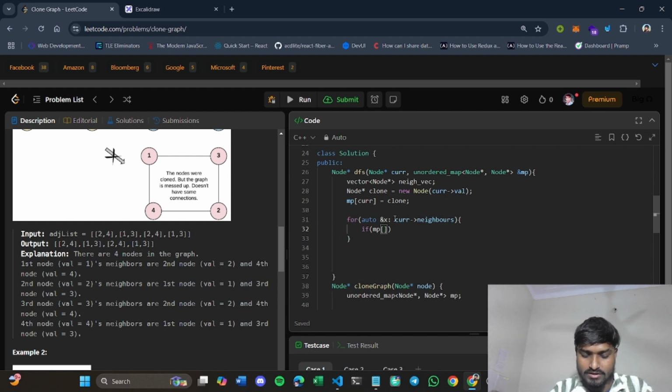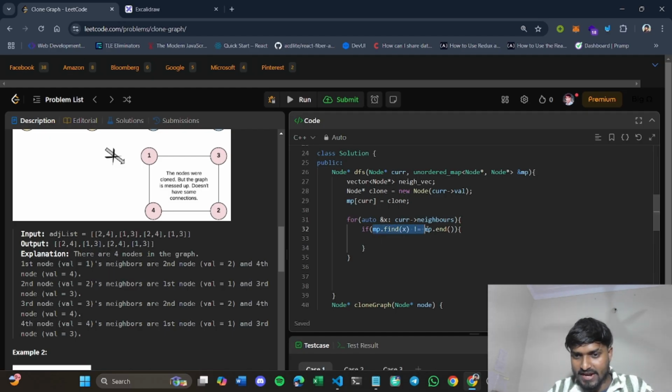So what will come here? We will use the mp dot find function for checking whether it is already cloned or not. If we don't find mp dot end, this statement is basically saying that we don't find that clone node inside the map. No, I'm sorry, this is basically saying that you have already cloned that node. So what will you do in that case? You will push that node inside your neighbor vector,